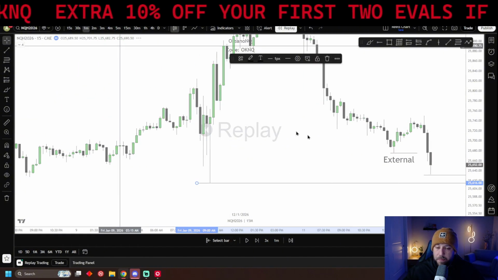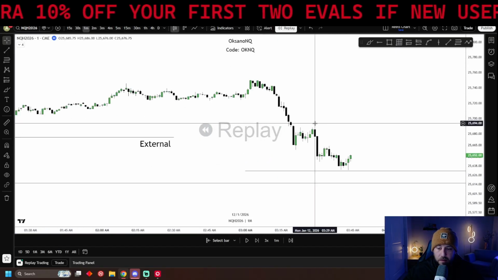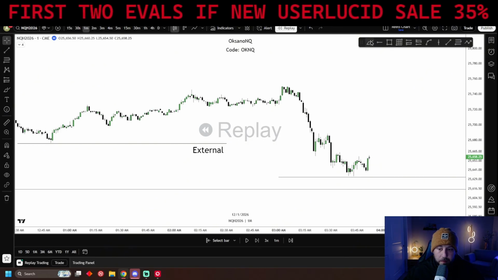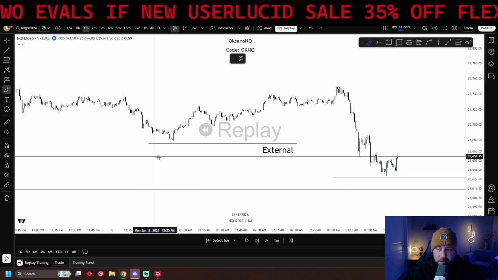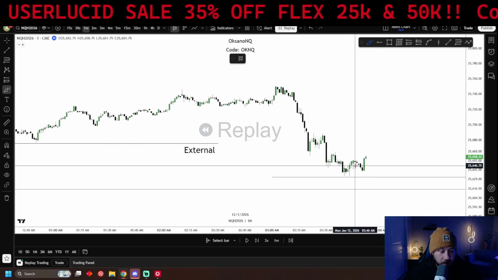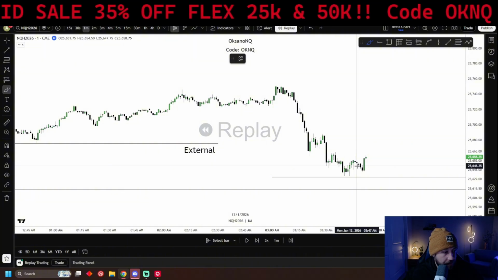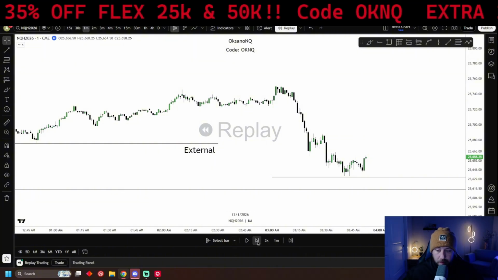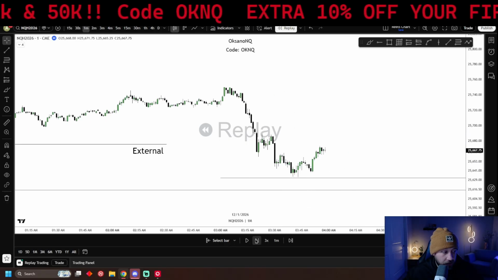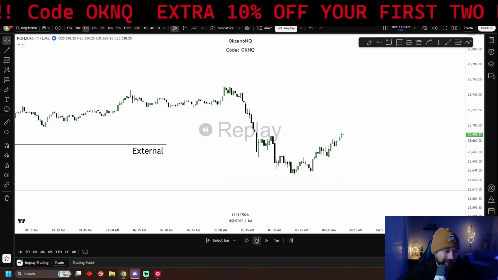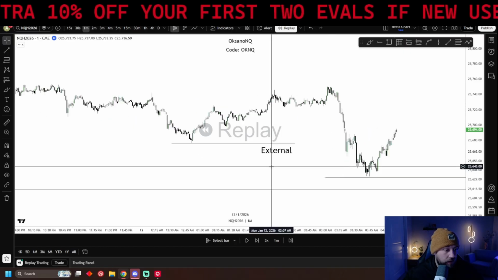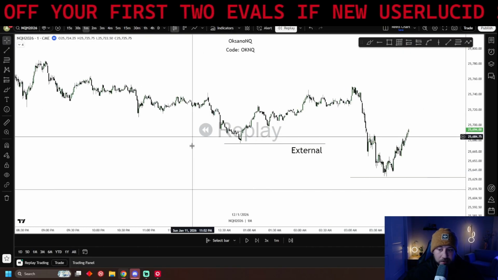what do we do? We zoom in time frames to look for what? If we have an external sweep on sell side, I'm going to zoom into a lower time frame to look for what? Internal. Yes, sir. I'm going to look for internal buy side to target, right? Because now we have an external sweep.